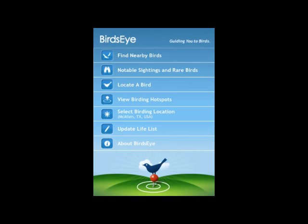Notable sightings are observations of birds that are out of their usual range for a given time of year. Many of these birds are actually common somewhere in the US or Canada at some time of the year. They might be a species or subspecies of a bird that has wandered from its normal breeding range on the west coast to the east coast, or a hummingbird that has stayed around during the winter when it should be